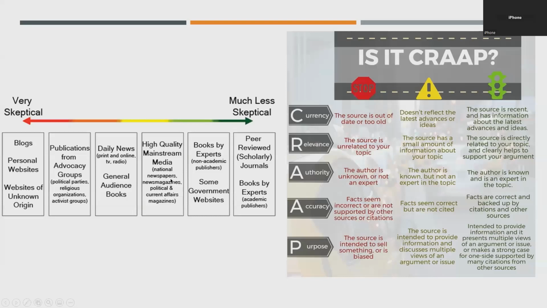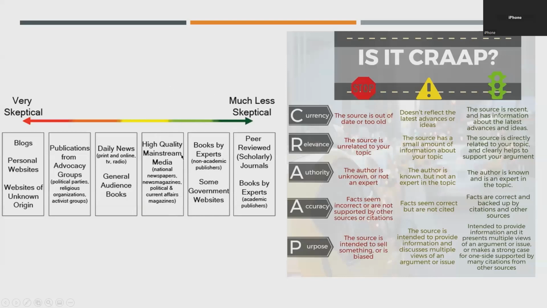I think it kind of depends. NBC, I think, maybe has local news, like daily news, things you'd hear on the radio, or watch on your local news program. That's different from the New York Times or the Wall Street Journal or CNN. So those are things that we'd consider high quality mainstream media.